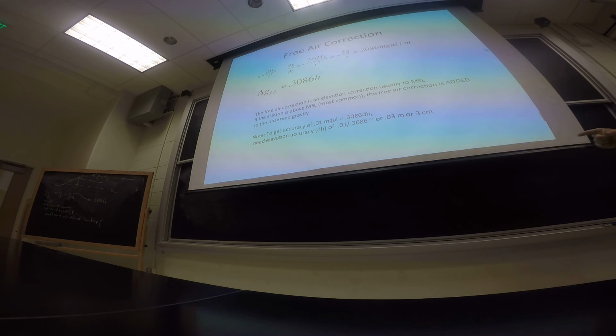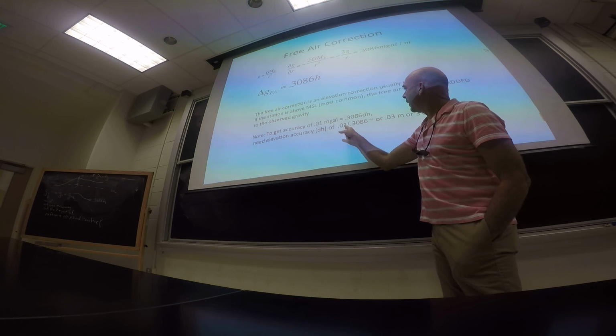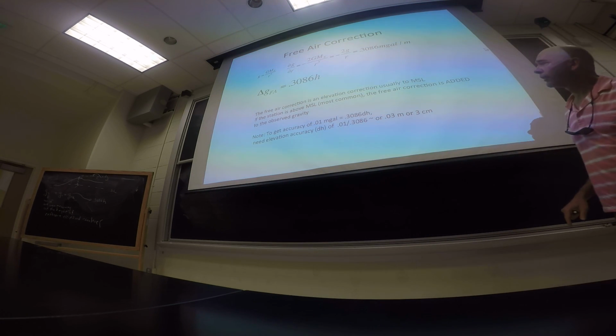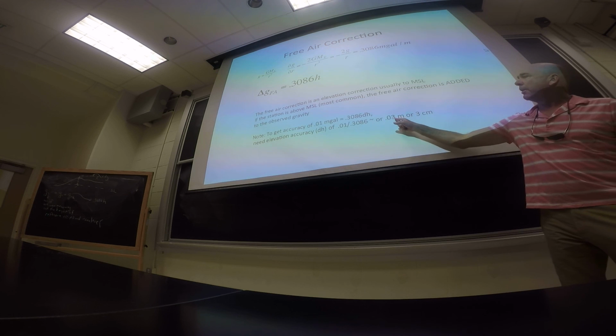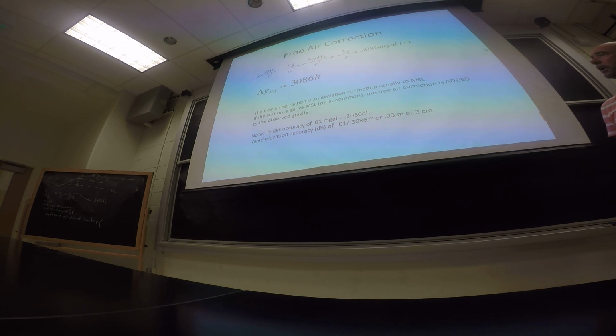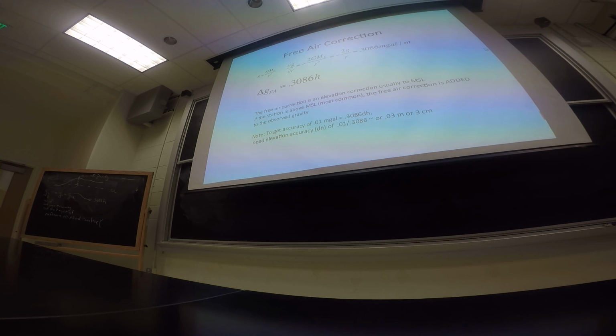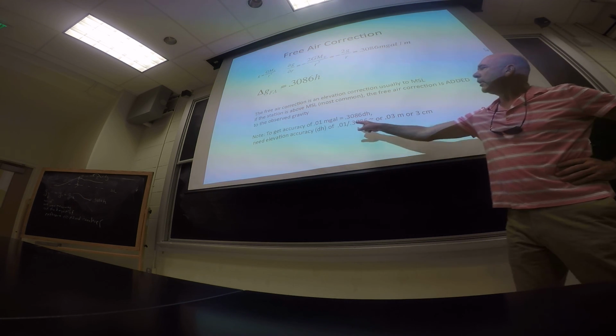So we need an elevation accuracy dh. We divide this by that, 0.1 divided by 0.3086. That's about 0.3 meters or 30 centimeters. Really accurate measurements to get an accuracy of basically